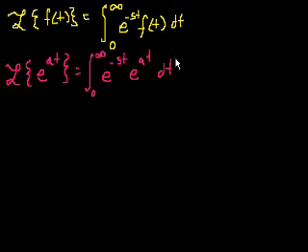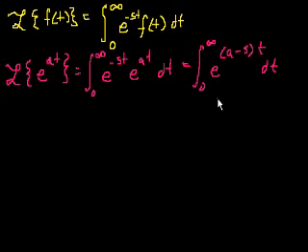dt. Well, this is equal to just adding the exponents because we have the same base, the integral from 0 to infinity of e to the what? A minus s, e to the a minus s t dt. And what's the antiderivative of this? Well, that is equal to what with respect to t? It's equal to 1 over a minus s. That's just going to be a constant, right? So we can just leave it out on the outside. 1 over a minus s